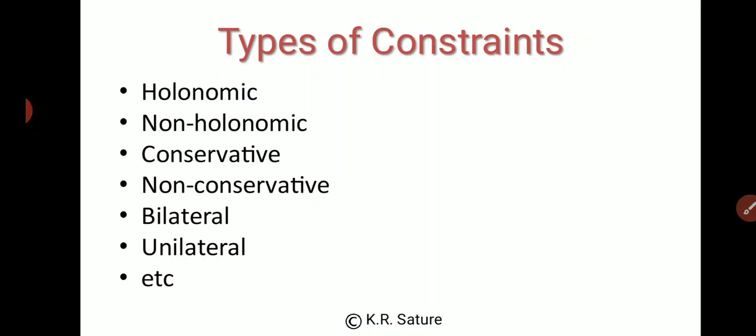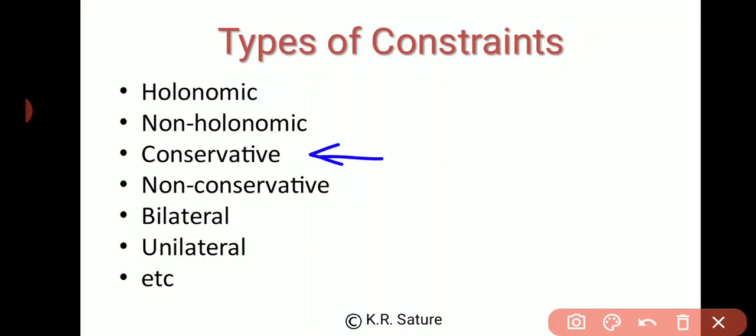Okay, so that was all about degrees of freedom and what the constraint is. Now, types of constraint. On the basis of the nature of the restriction, we can define a constraint in many types. The first one is holonomic, the second one is non-holonomic, there is conservative constraint, non-conservative constraint, bilateral, unilateral, and there are many more. So if you observe, there is something in its name which gives us the type of constraint. For example, this